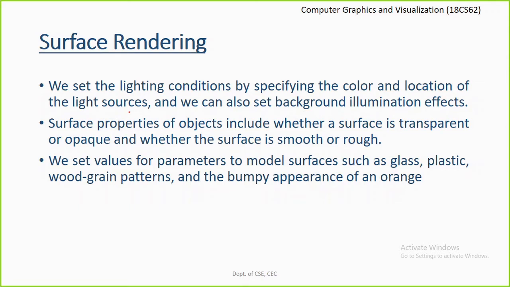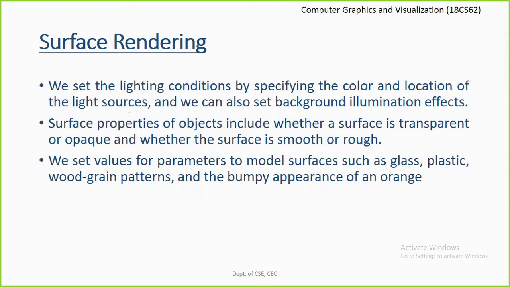The surface properties of the objects include whether a surface is transparent or opaque and whether the surface is smooth or rough. The properties of the surface are very critical in determining the amount of light that is reflected from it, whether the surface is transparent, rough or smooth.